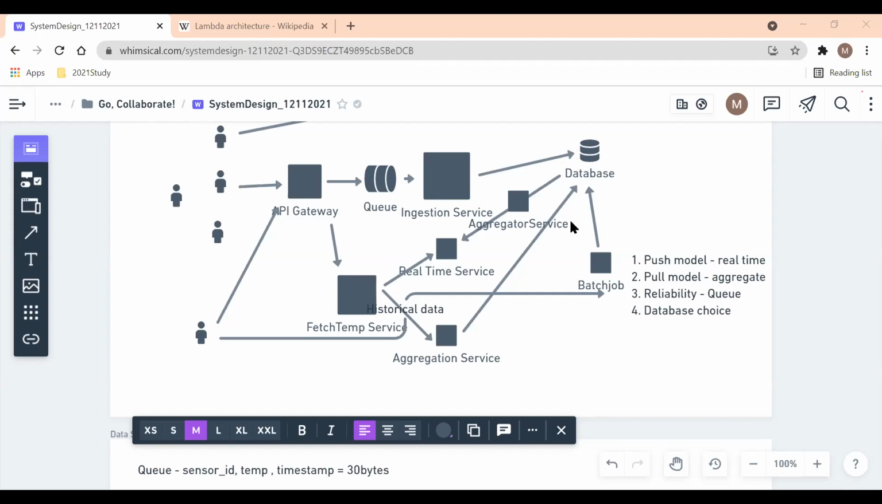MindPixel, just one question. Is this a premium Whimsical account, or